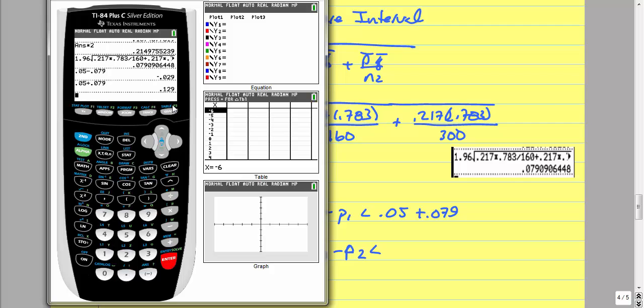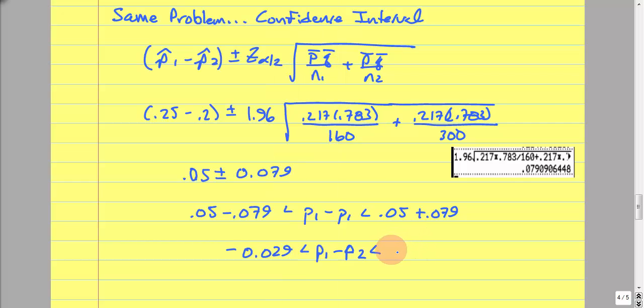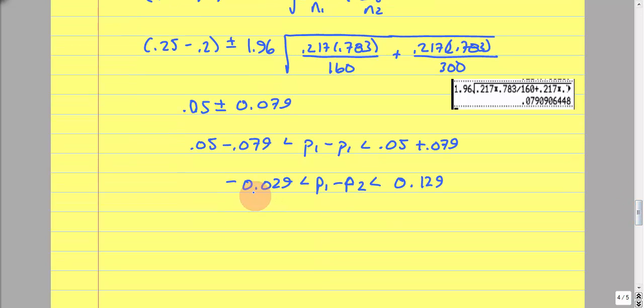And I get 0.129 out of that, so that makes sense. Now, what's happening here is this interval goes from negative values to positive values, and it crosses 0 in between. So it's saying this difference could be negative, it could be 0, which is in between, or it could be positive. So from here, since 0 is contained in the interval,